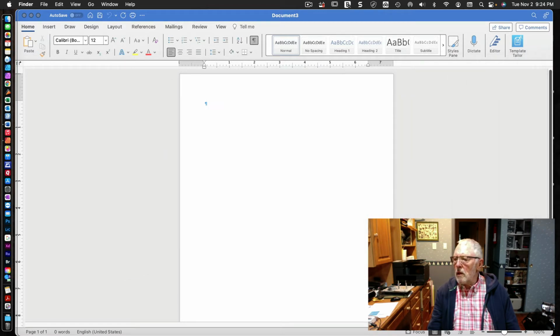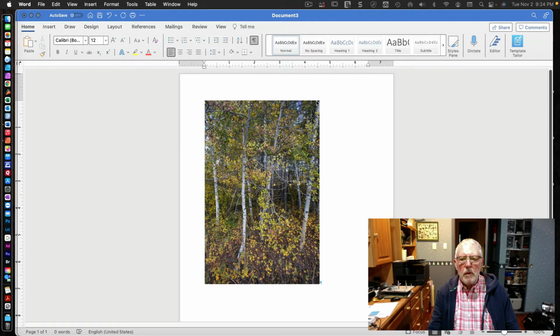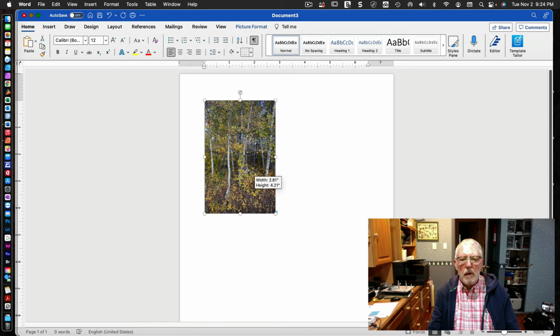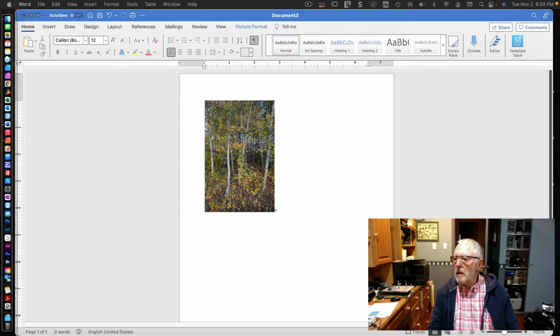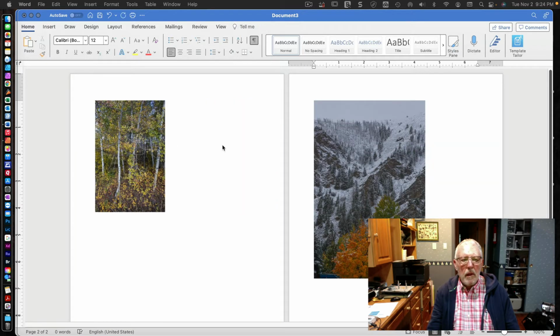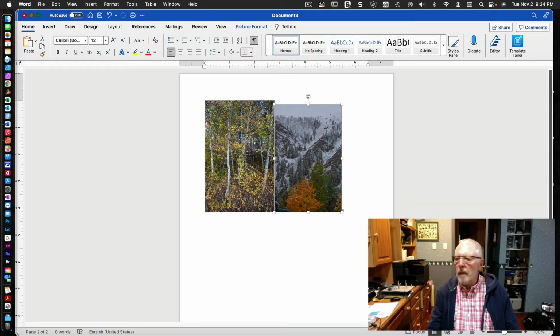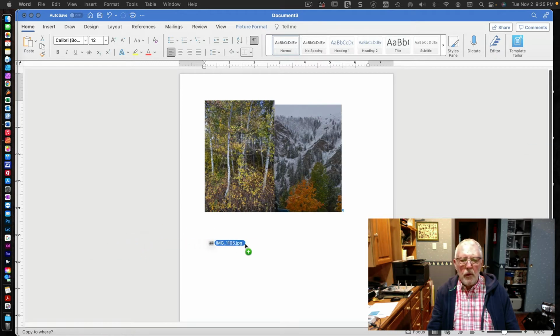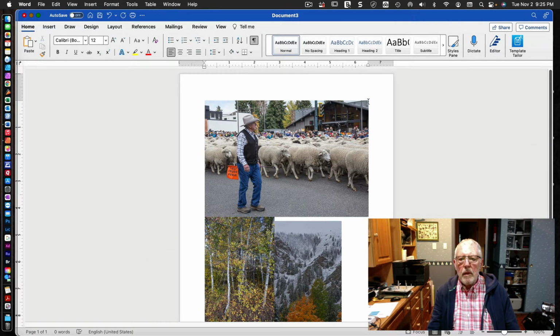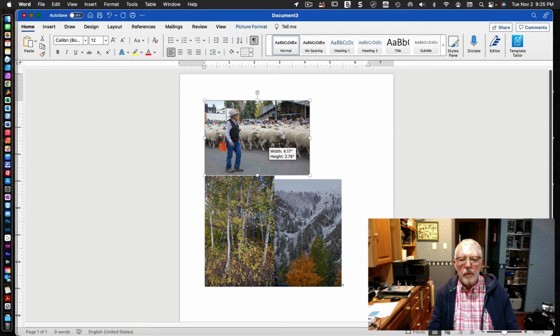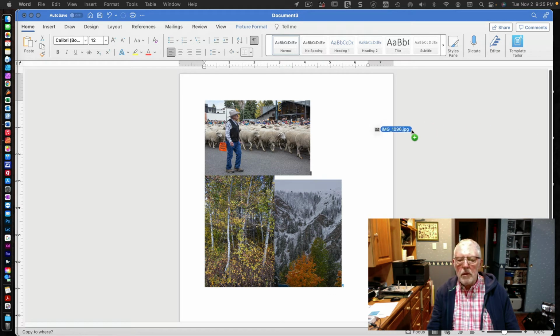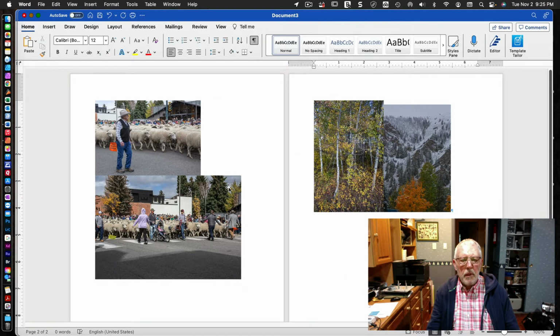So I'm going to take these large files and just drag them into the document and then resize them. So there's the first one, and then the second one. Again, I'm going to take these documents and shrink them so they fit into one page, basically. And the third picture. So right now I've got 50 megabytes of photos that I'm dragging in here. And this is the third one. And the fourth one, and that's another 30. So there's about 80 megabytes of data that I just dragged into a document